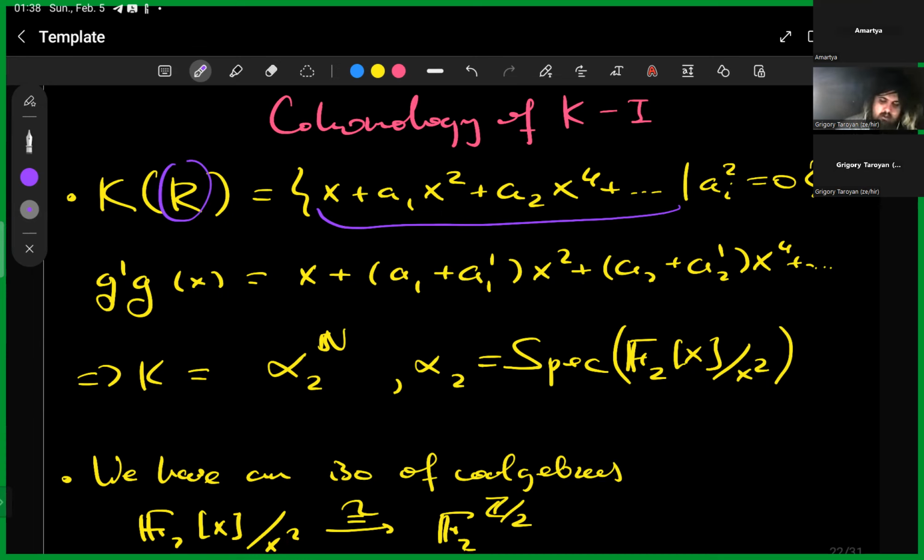We just sum up the coefficients of two series, which immediately implies that K can be presented as an infinite direct product of group schemes of the following form: Spec of the ring of truncated polynomials, where truncation is done at the square of the generator. And this means that we also have an isomorphism of coalgebras, not algebras, but coalgebras, where